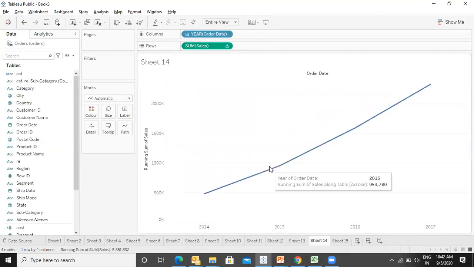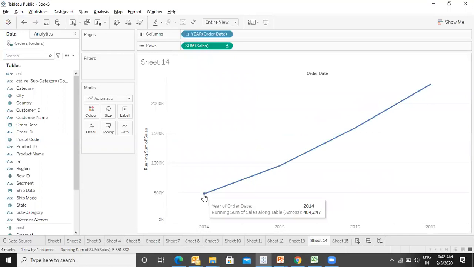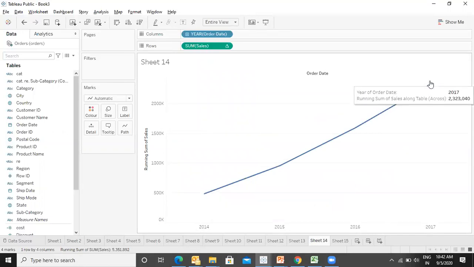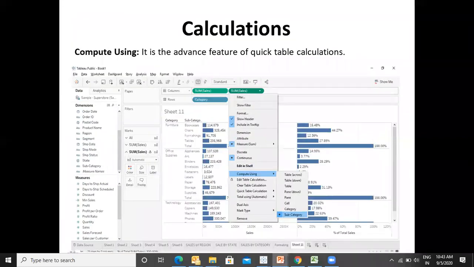So you see a great growth: from 2014 I started over here, and in 17 I reached over here. That means I'm doing a great job. So it is not showing the ups and downs. It is showing the end product. Starting from here till here, we have seen a growth, which is true also. Okay. So this was running total.